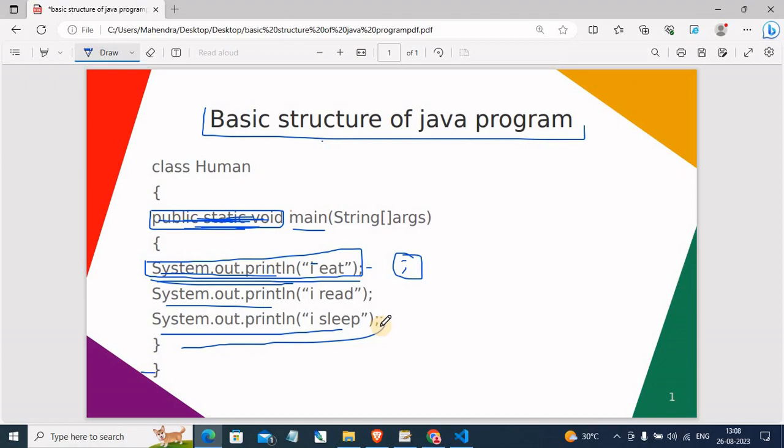So the basic structure of a Java program, we have covered: what is a class. Class can be anything, as I told you. I told you about the main method, and now we come to the